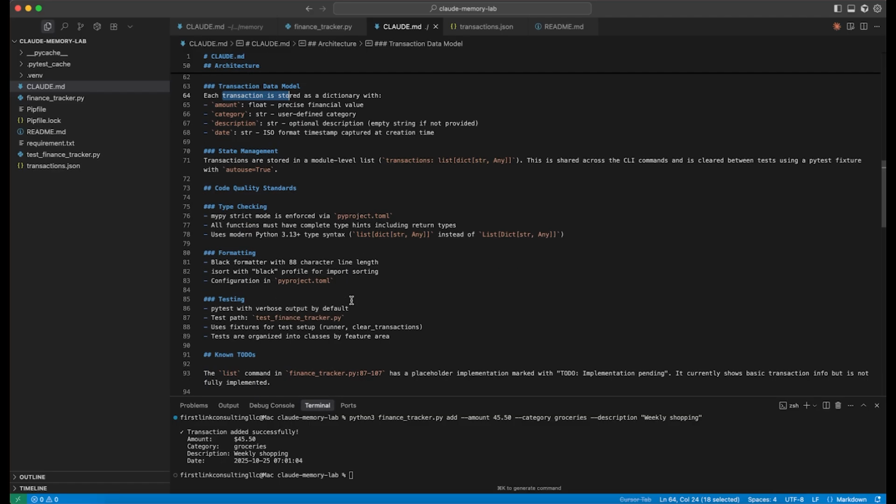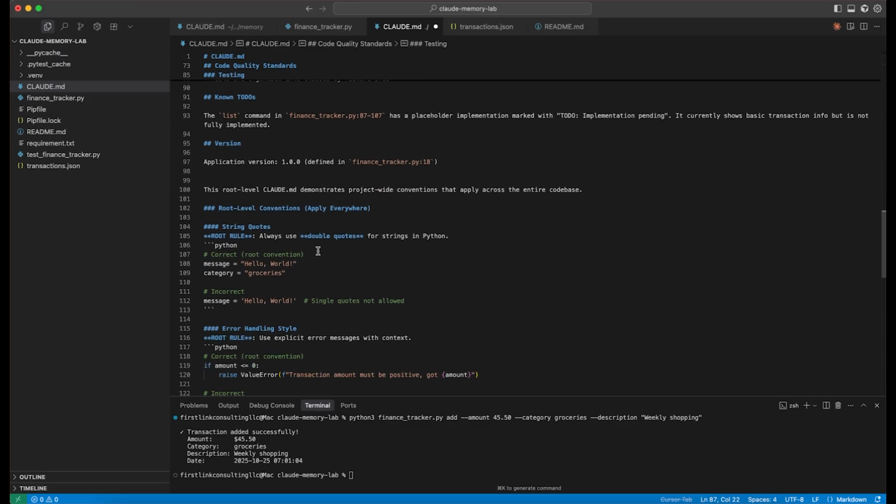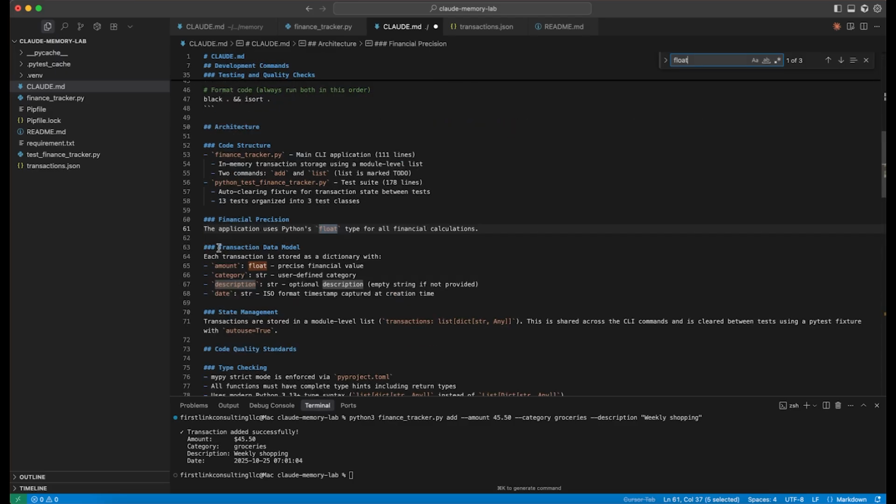Another small update that I did here is this one. I'm specifying Python file because this is a Python project. And then I'm specifying the float instead of decimal. Here, for financial precision, I'm using float. Technically, decimal is more precise, but I wanted to highlight the difference between a project level preference and user level